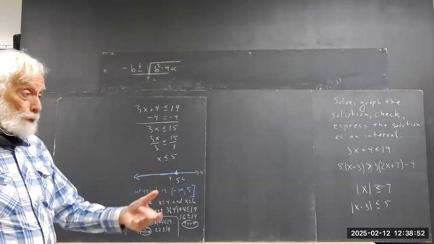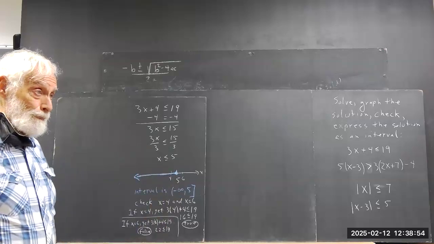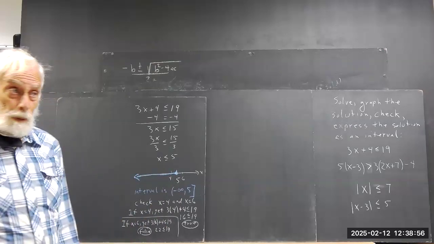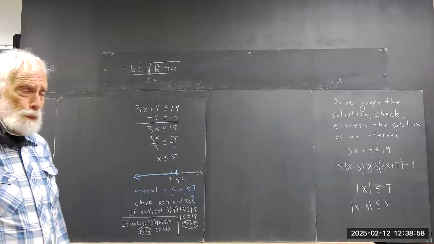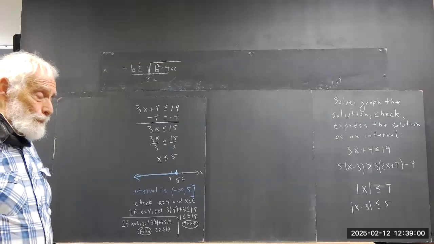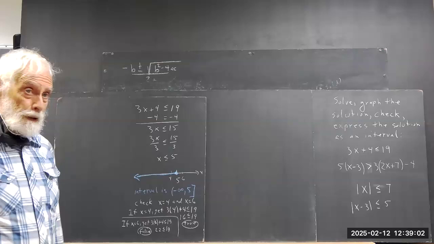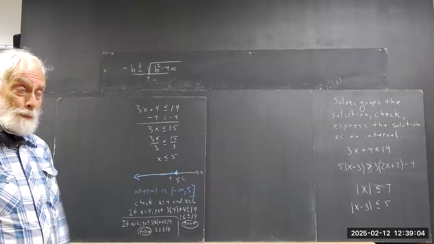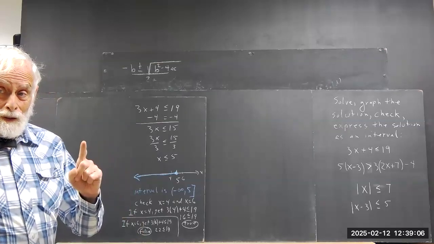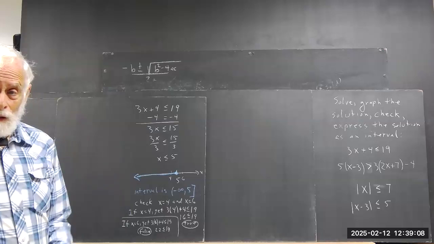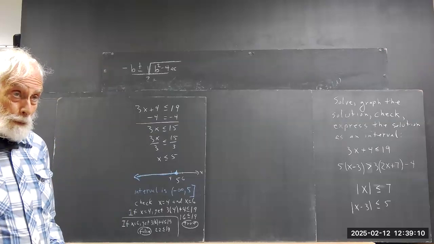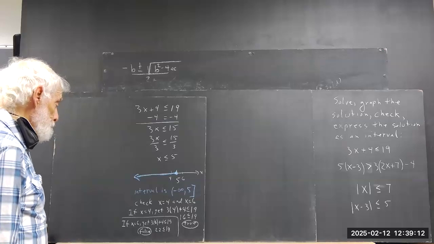Now, if you were supposed to reverse your inequality and forgot to do that, as I saw at least one person do, then your check is going to tell you, uh-oh, I messed something up. And the first thing you'd better check is whether you have the inequality right, okay? So anyhow,